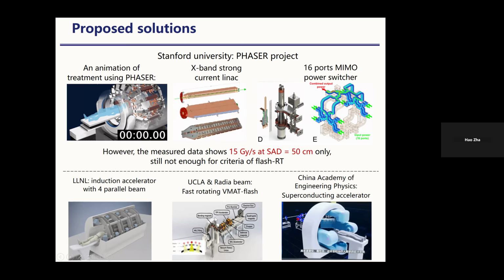The rotation is so fast, it can be done within 1 second. And the China Academy of Engineering Physics is exploring superconducting accelerators for this application, because with superconducting, the beam current can be very high, and the dose rate can be greatly